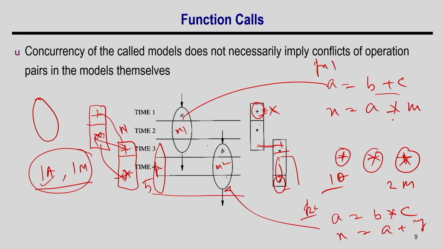And here is an example of two different functions, function unit 1 and function unit 2. One is addition followed by multiplication, the other is multiplication followed by addition. Even if there are two different functions, I can share the adder between them, but I need a separate multiplier. This is what it talks about here. Okay, so let me move on.